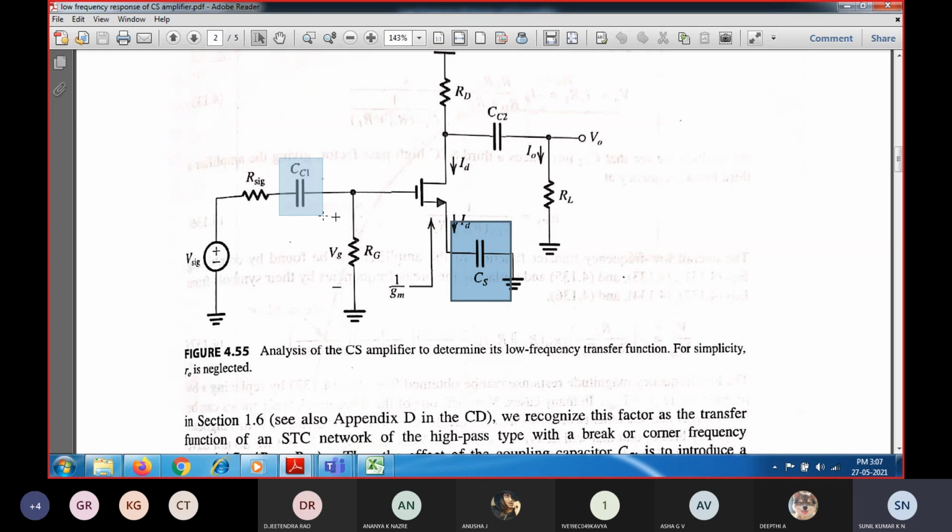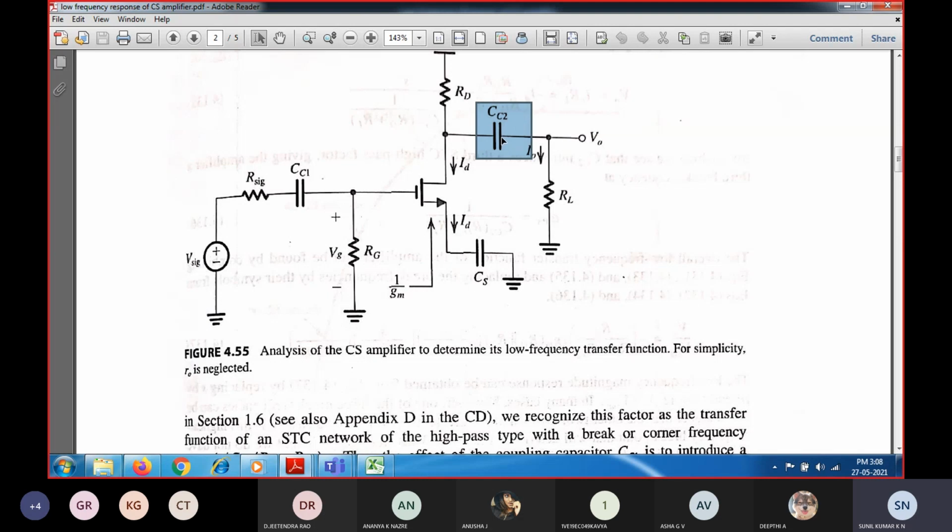So first a coupling capacitor one at a time, and then I'm going to make it into a single time constant network, see how the gain is going to be affected, and find out the 3 dB frequency for this coupling capacitor 1. Then I'm going to consider the stray capacitance and the frequency response of the single time constant network for it, and see the 3 dB frequency because of this stray capacitance. Then I'm going to consider the coupling capacitor 2 at the output terminal, and find out how it affects the gain because of the inclusion of CC2.